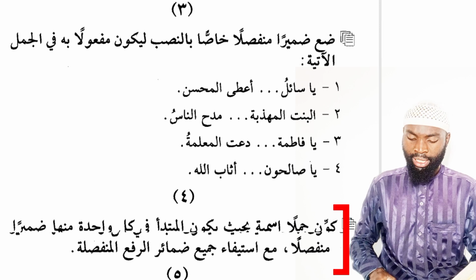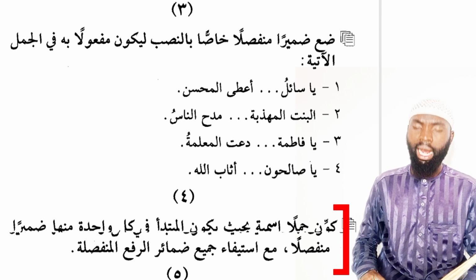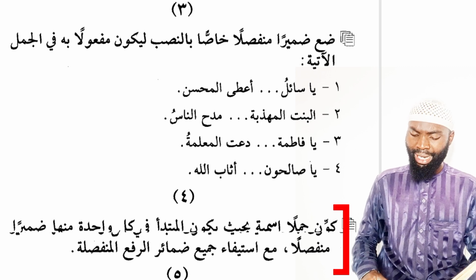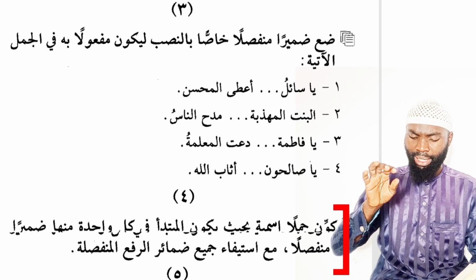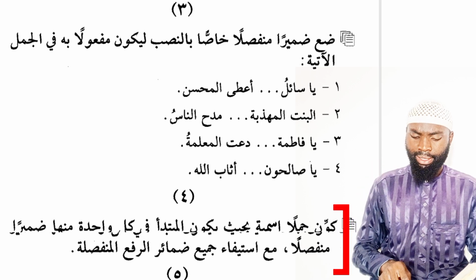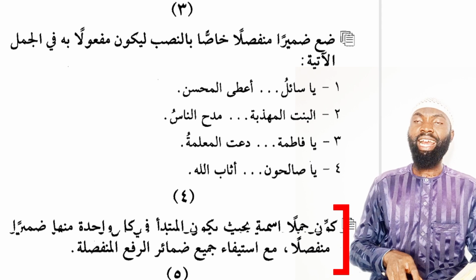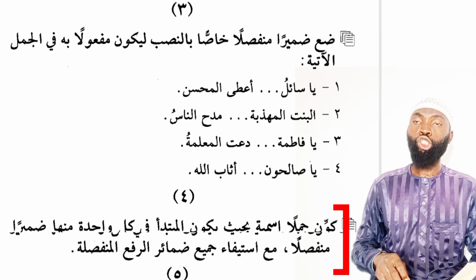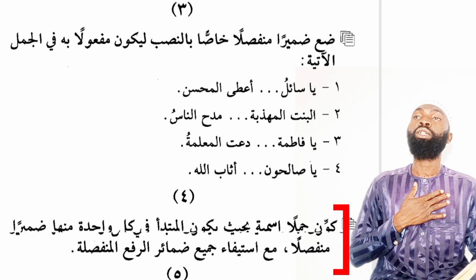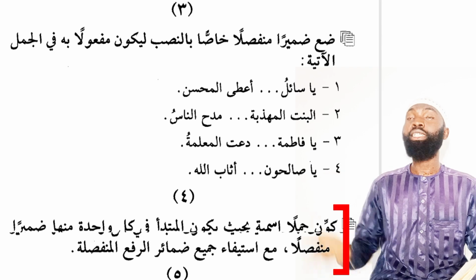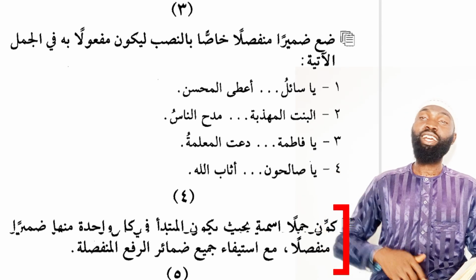Tamrin wa Rabi, exercise number 4. It says form nominal sentences such that the mubtada in each of them is a detached pronoun, using all the detached nominative pronouns. You are to form a nominal sentence in such a way that the mubtada in each of them will be a detached pronoun, and make sure you use all of the detached pronouns. An example, I can simply say ana talibun, huwa talibun, hiya talibatun, anta talibun, anti talibatun, nahnu, like that till